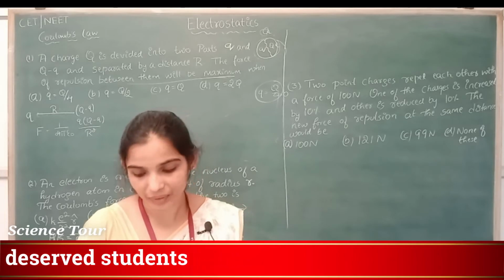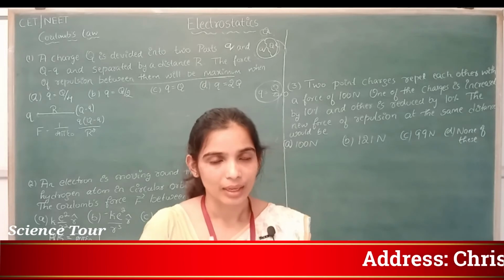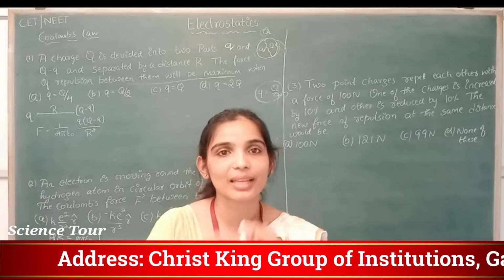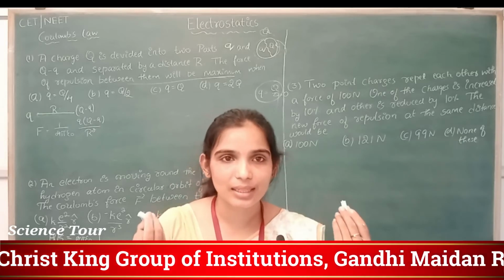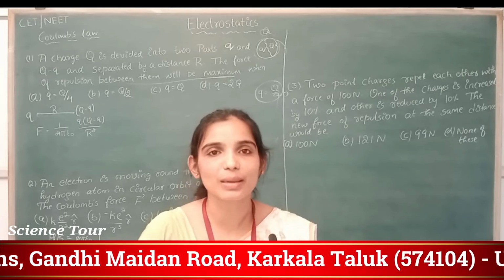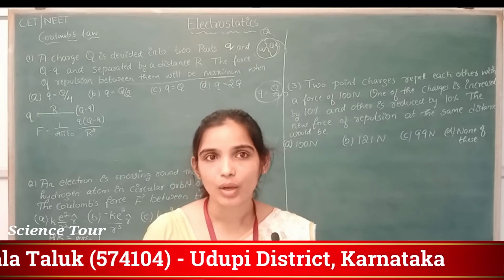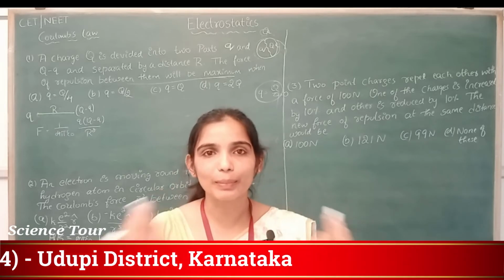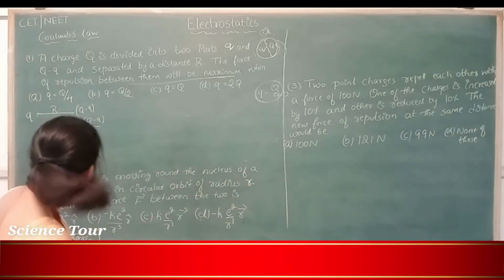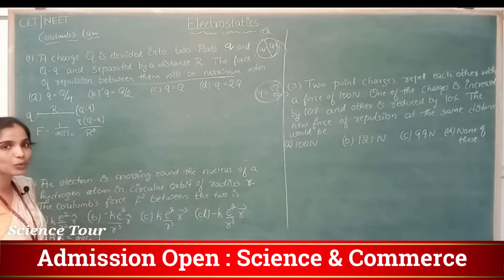I hope you are able to follow me. If a whole thing is broken into two parts and you are asked when the force between them is maximum, it is by default, anybody can say that, when both the parts have the same charge. So what is that same charge both the parts can have? That is half of what the whole thing was, Q. Half of Q is Q by 2. So what should be the answer according to our logical thinking? This should be the answer. Correct? Mathematically, how will you prove it?